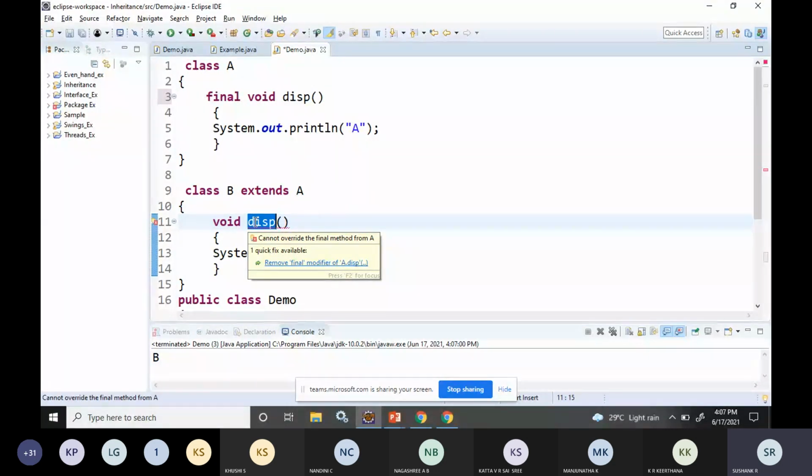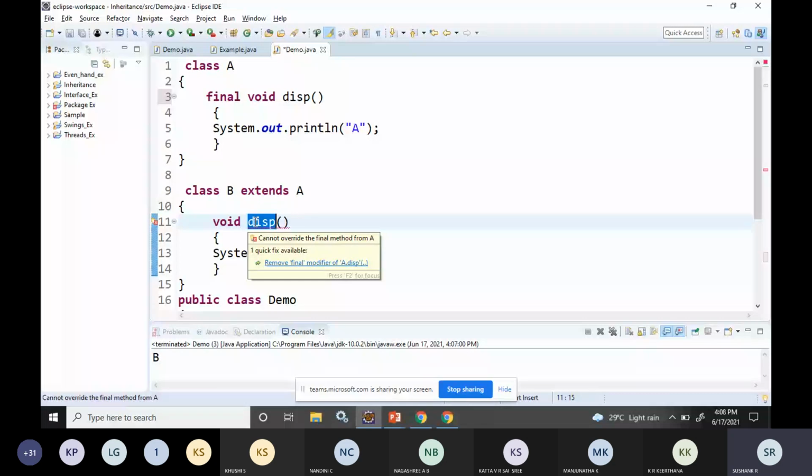If I make a variable final, I cannot change its value. If I make a function final, I cannot override that function in the subclasses. If I try to do that, I will get a compile time error. So if you want to prevent a function from overriding, use the keyword final.